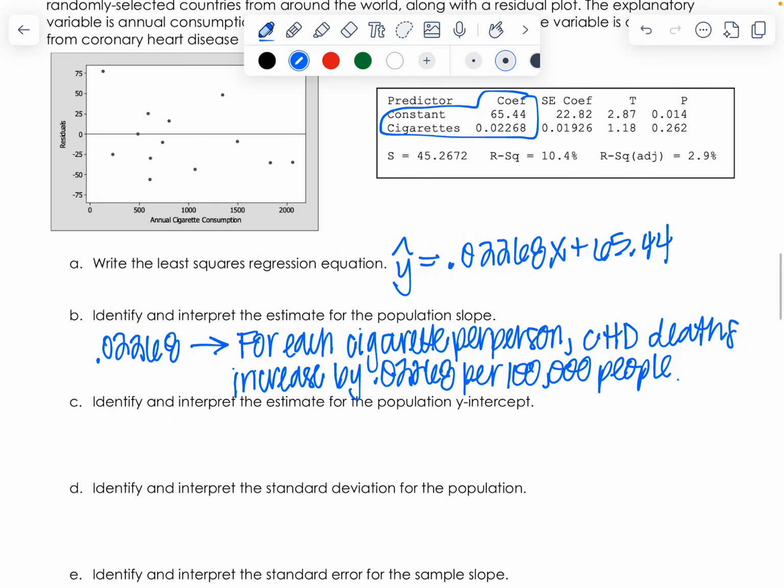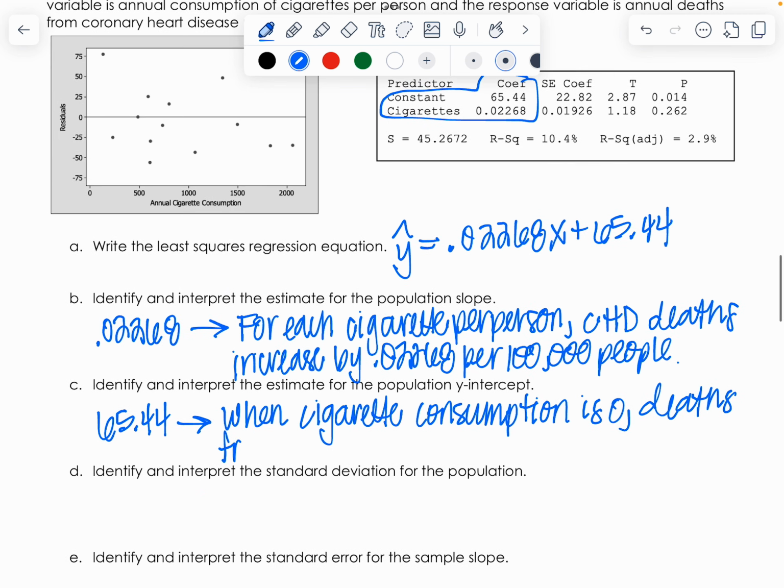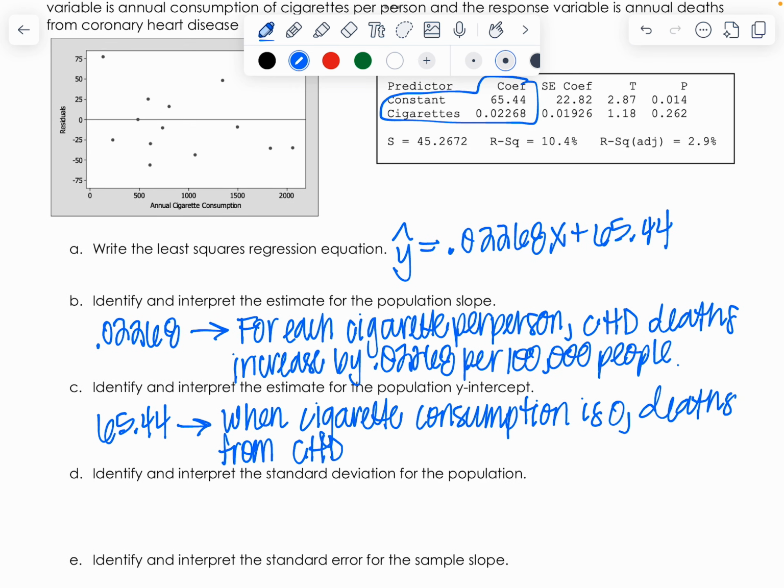Identify and interpret the population y-intercept. This is our 65. All right, and that means when cigarette consumption is 0, deaths from coronary heart disease are 65.44. All right, the standard deviation for the population, that's always your S value,